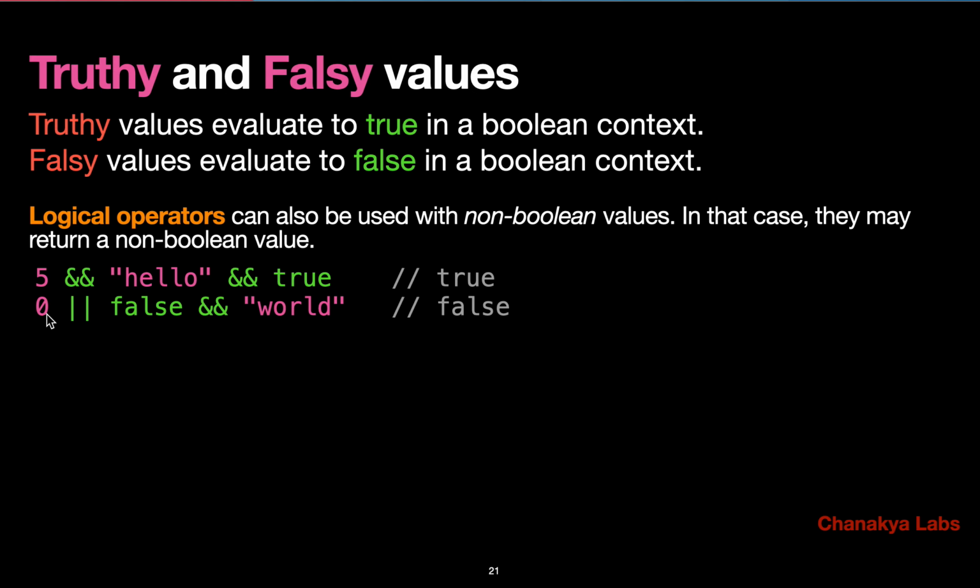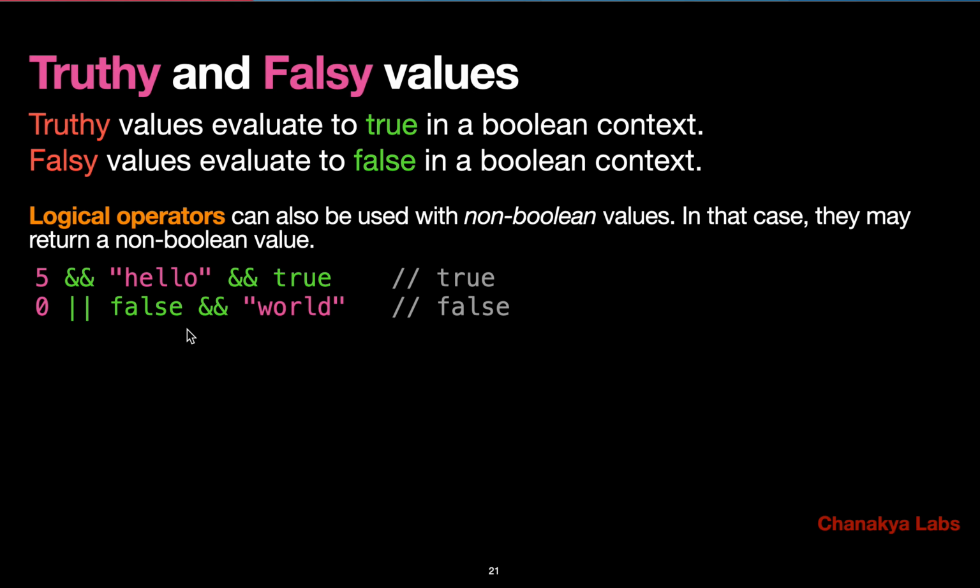First of all, 0 or false and world. Let's see that it is or and. There are two operators, or and and. What will be evaluated first? We saw that the precedence of and is higher, which means that firstly this will be evaluated. So this whole thing, false and world, will be treated as false or true. Tell me, this will be treated as